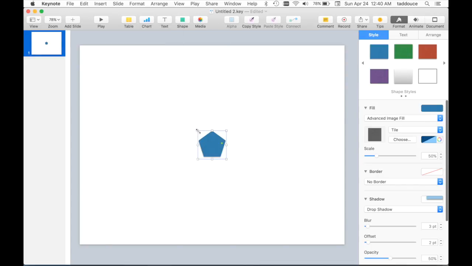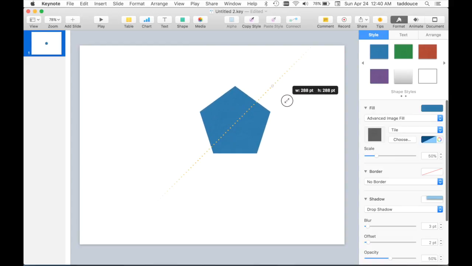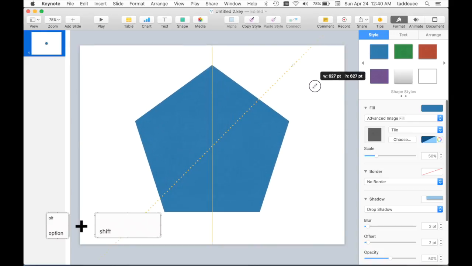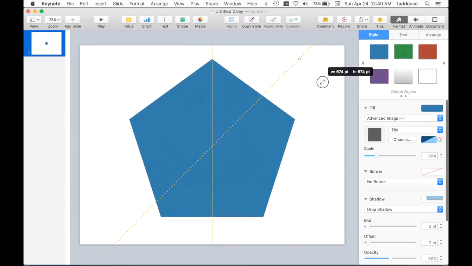Start off getting that shape onto the canvas of Keynote. We can put that anywhere. I like to put it right in the middle there, use the alignment guides. Start moving it around. You'll see how it will stretch in various fashion. To lock in the aspect ratio, you can hit the Shift key, and that will give you a nice even shape. If you hit the Option key with Shift, then you can keep the center point aligned